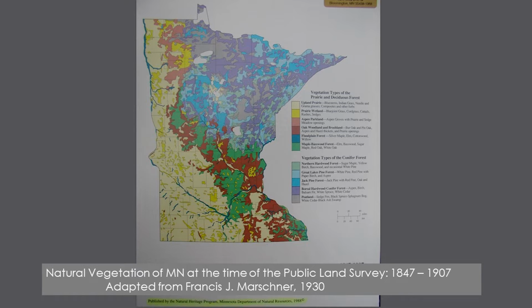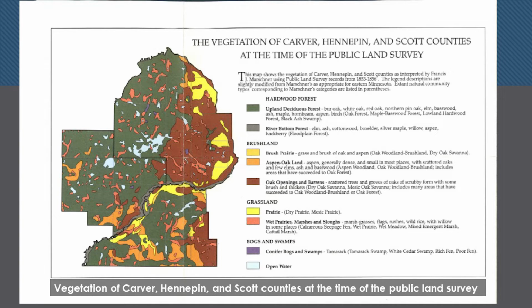The original map is at the University of Minnesota, and it's about 8 feet tall, and it's got all kinds of colors. But the main point to get here is that not very many states in the United States have three different ecological regions within one state. So here we have the western portion of the state that was originally prairie. So you've got different shades of yellow. Those are different types of prairie. We have moist prairie, we have dry prairie, we have gravel prairie, all kinds of different types.